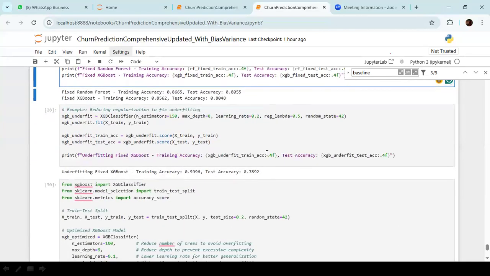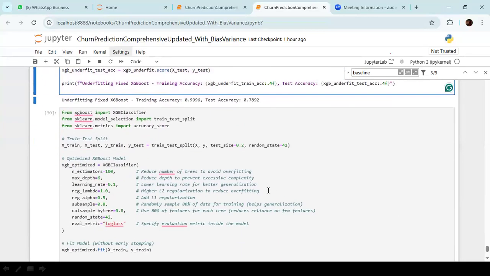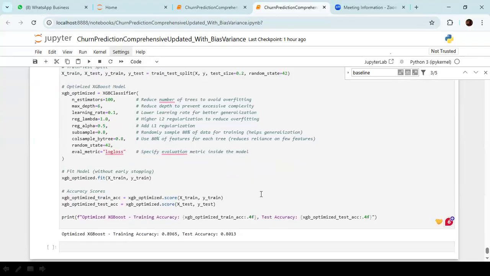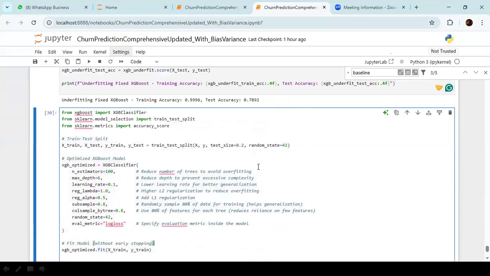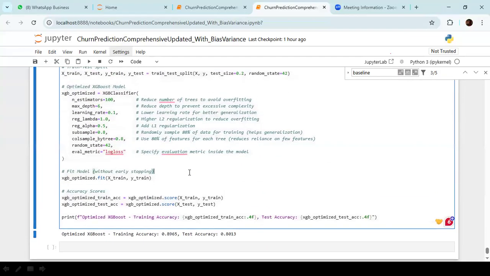Okay, how to address this one? I will share the script also to you all. You just play around. Look here, in the case of XGBoost, my training accuracy is 0.89 and the test accuracy is 0.80, somewhat close by. In the XGB classifier, I reduced the number of trees to avoid overfitting, and the maximum depth, right? All these things are called your